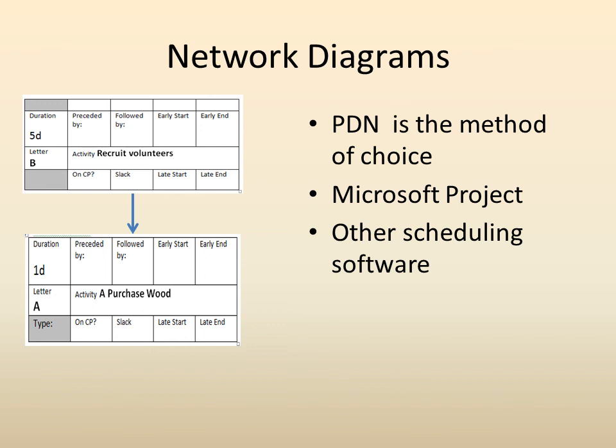And then if one project activity becomes longer, has a longer duration, everything after that might have to be pushed out. And that's what we're talking about when we talk about things that are on the critical path. Those are things that if it takes us any longer to do that, the project will be later than we thought it would be. There are other types of scheduling software as well, but Microsoft Project is probably one of